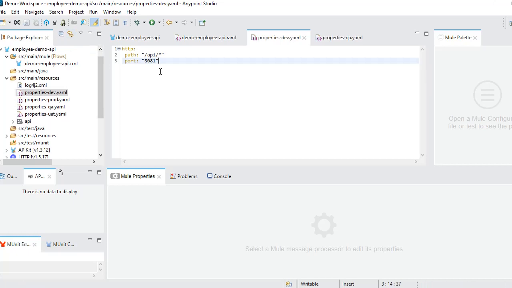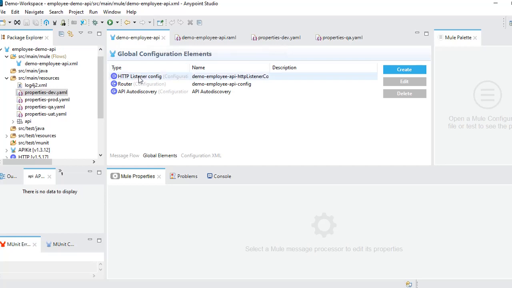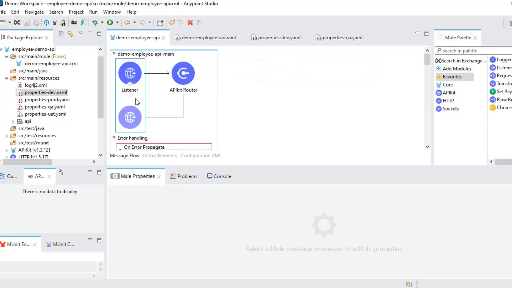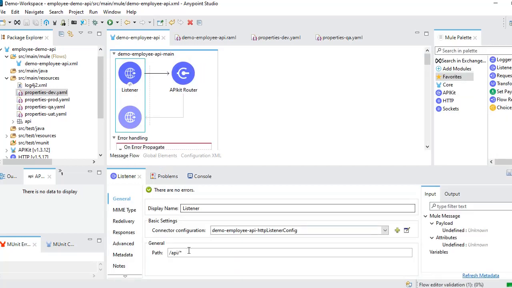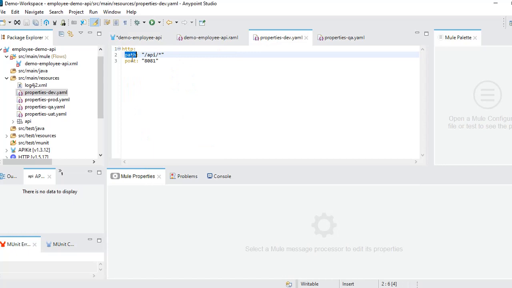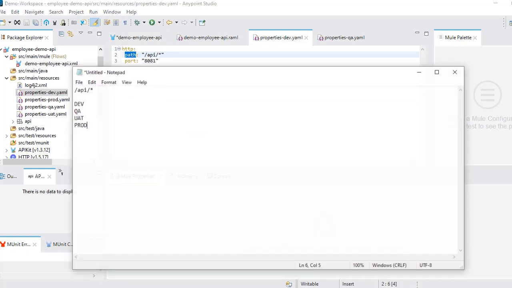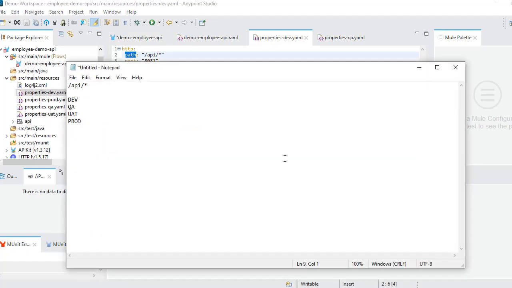Let's save it. We have configured dev properties. Now we need to refer to these properties with key names here. Let's do that. Here the hard coded value is there, right? So let's delete it and refer to this value from http.path. It has a specific syntax actually. You need to give your key name inside dollar and curly braces.